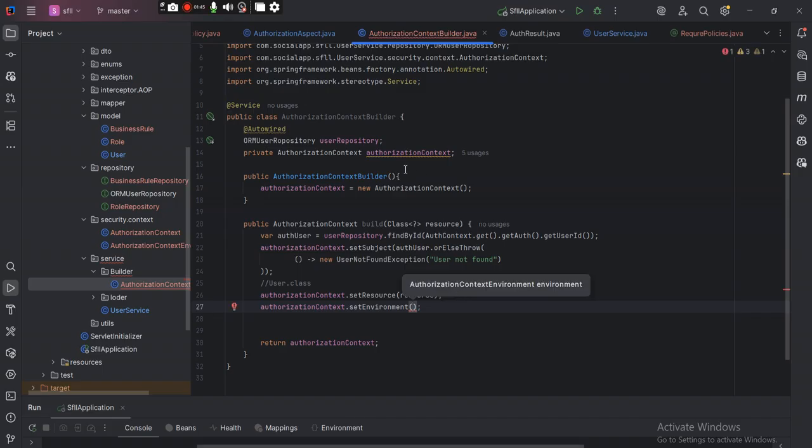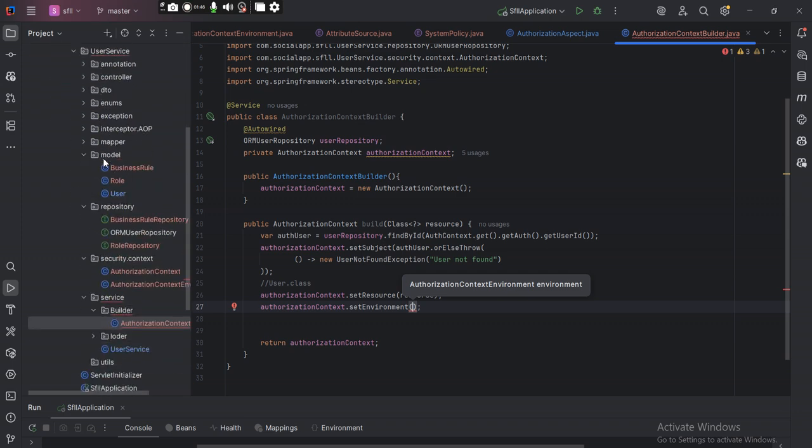Now the environment, we need to create an environment generator, right? Now, like I said, technically within the interceptor, we are supposed to be able to generate the environment. Okay. So somewhere around interceptor level,